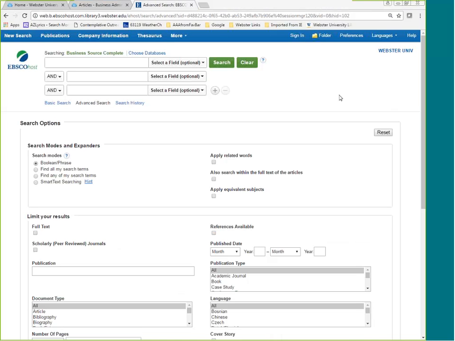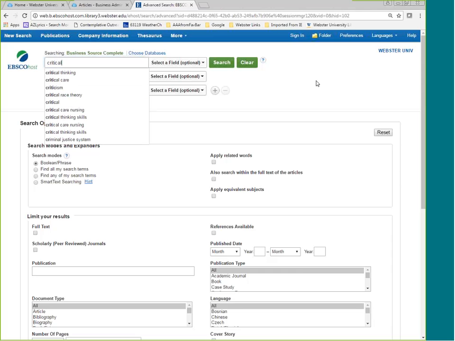Okay, so most of our databases will open to the advanced search form, because our advanced search form will open with generally at least 3 boxes, and they'll lead you through the search. So remember, our search was, does using the critical path method improve scheduling in a manufacturing environment? So it doesn't matter in which order we put these in, but